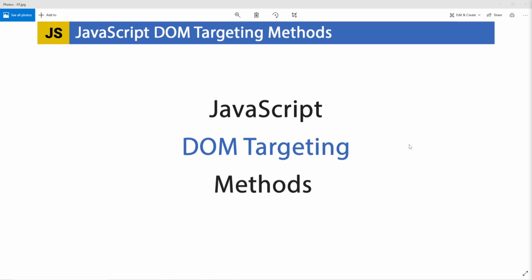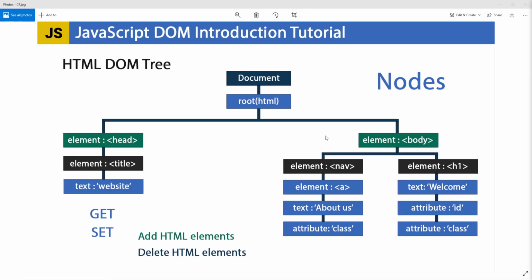Again, I'm back with a new tutorial related to JavaScript DOM. And in this tutorial, we are going to learn DOM targeting methods. In our previous tutorial, we already learned what a DOM tree is. With that, I told you the usage of the get and set methods. Now the question is, if I want to get some value, or set some value, how can we target this